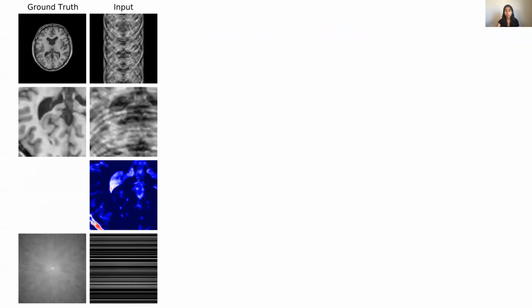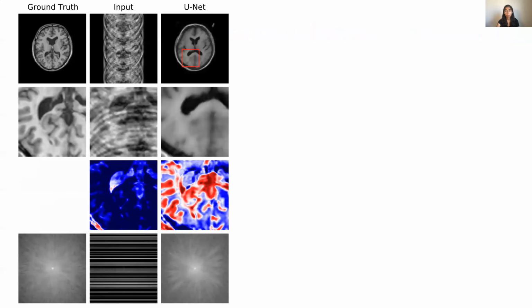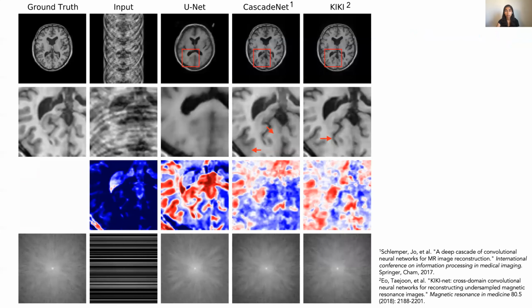As before, here are a sample ground truth output and corrupted input for the random undersampling acquisition pattern. The next column shows the results produced by a simple UNet trained to perform undersampled reconstruction. The following two columns show the results of two state-of-the-art methods for undersampled reconstruction. CascadeNet intersperses a data consistency operation with image space convolutional layers. The Kiki network contains 4 subnetworks operating in k-space, image space, k-space, and image space, respectively, with data consistency operations